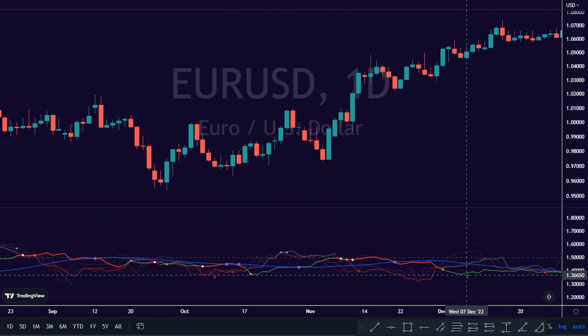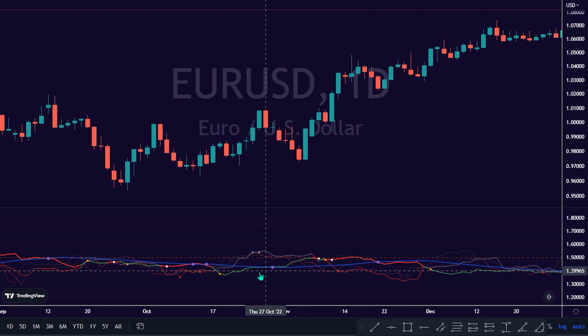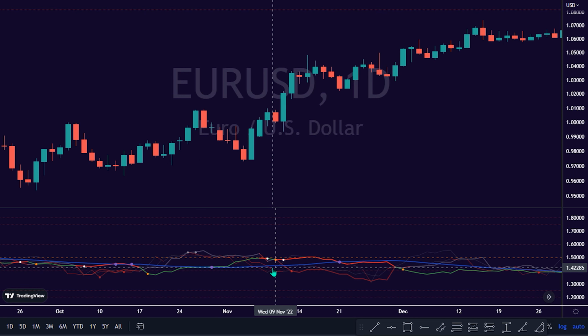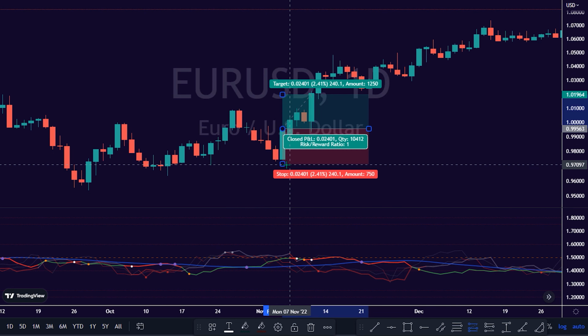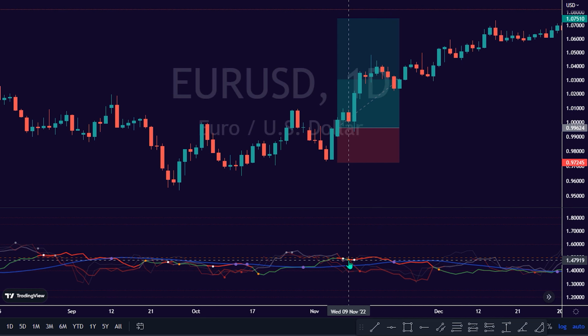Step 2. We need to patiently wait to see the slow FDI line, green line, cross above the FDI baseline upward, blue line. Step 3. Once the indicator prints purple dots when slow FDI and baseline cross, this is the confirmation of a buy signal generated. Traders can then proceed to execute a buy market order. Traders should start trailing their profit up once the slow FDI line, green line, turns red. Traders should exit their buy order whenever the slow FDI line, red line, touches the blue FDI baseline.